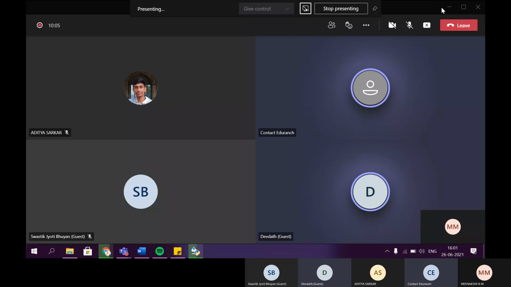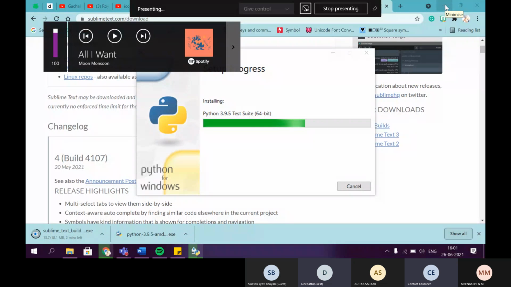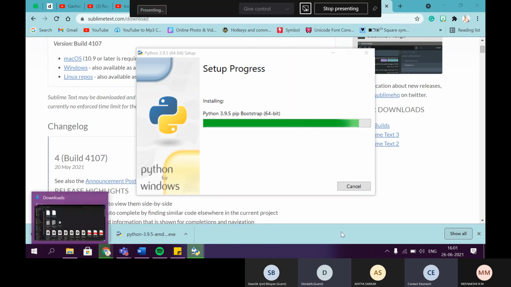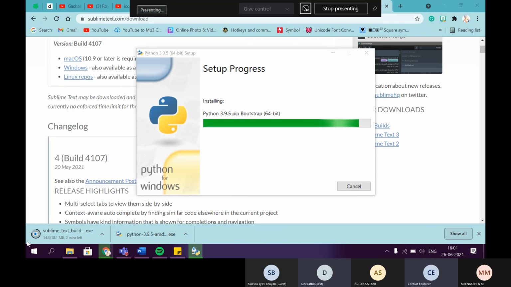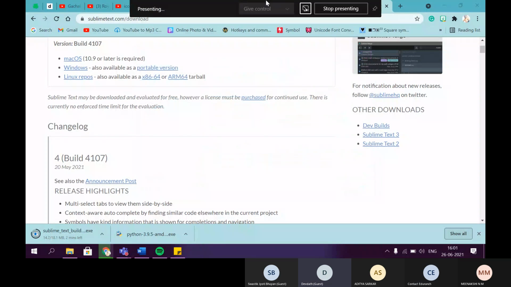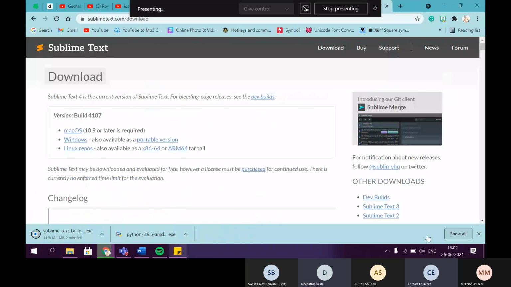Go back there. Sir, I finished. You finished? Even I finished. Okay. Swastik, how about you? Sir, what is the second question? First, I finished. Second one was you have to write a function. The function will take two variables, x and y. It should compute x to the power of y and return the value. And you should print the value returned. No Googling, no taking help. You should do it on your own.